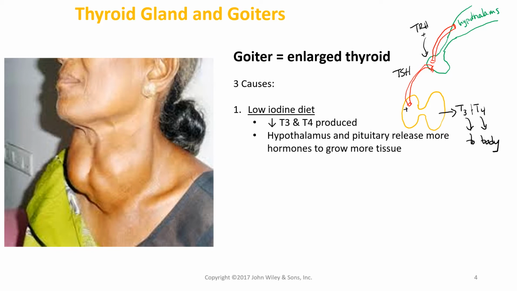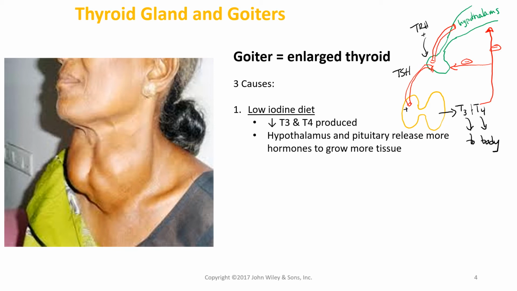So normally this T3 and T4 will be going out to the body, but remember, there's going to be a negative feedback loop going up to the hypothalamus and over to the anterior pituitary. So when we get too much T3 and T4, it's going to tell these guys to slow down the production of the releasing hormones, the thyrotropin releasing hormones and the thyroid stimulating hormones, so that you make less T3 and